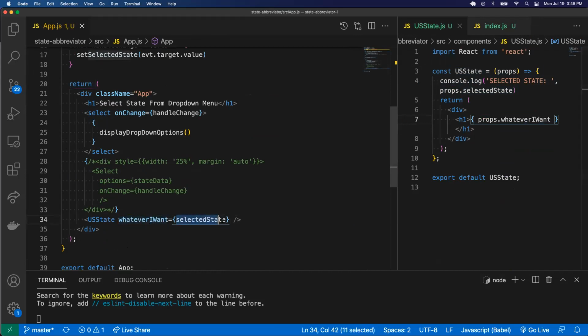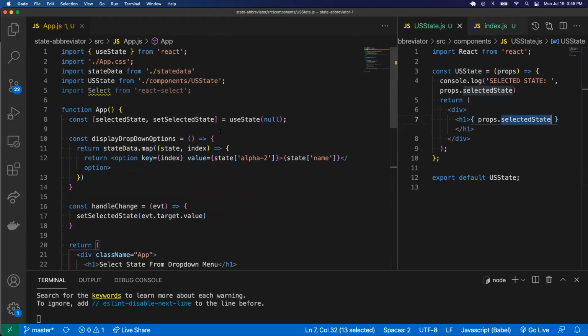I can access this value by doing props.whatever I want. It's best practice to keep these pretty similar as far as naming convention, just so you don't get confused. All right, so with that, that is the state abbreviator. Let's stop the